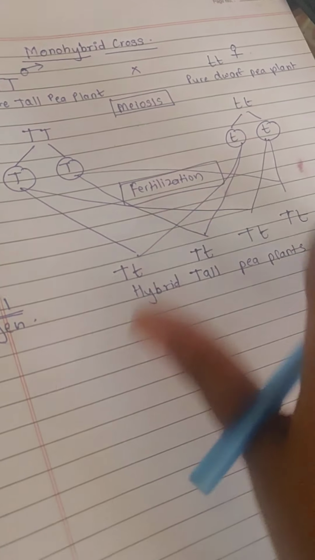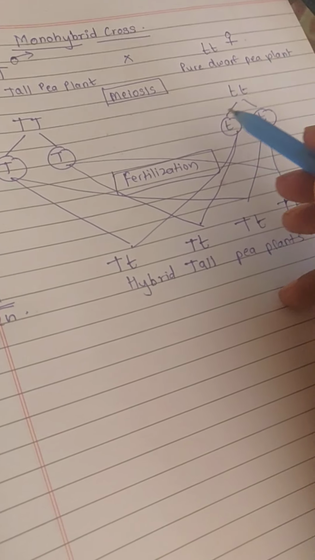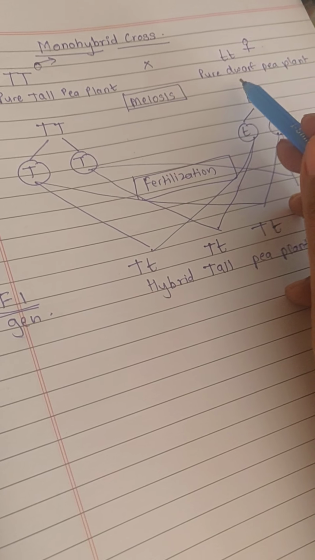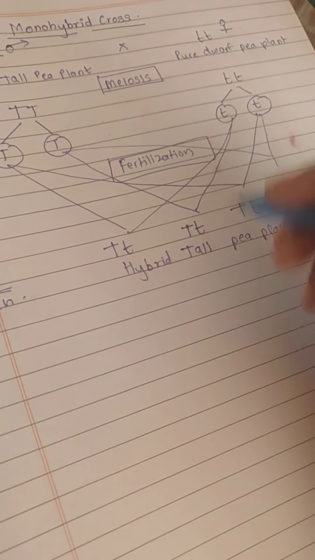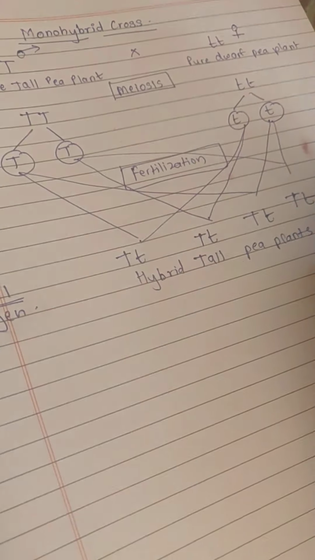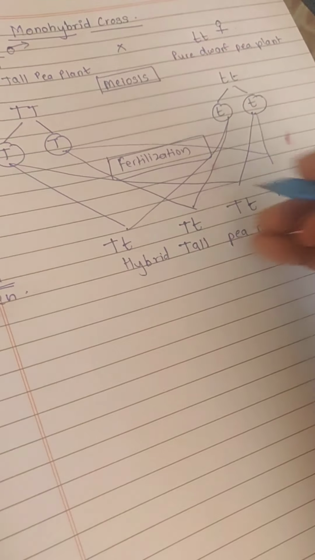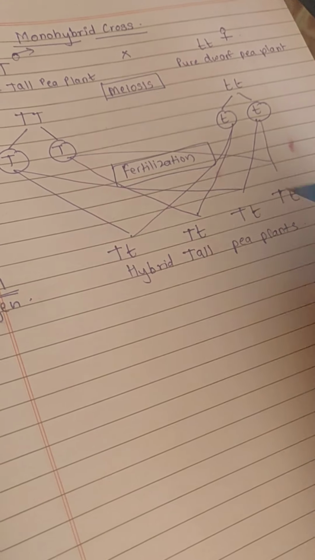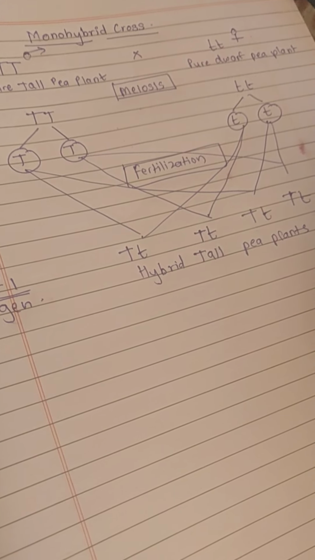Now imagine, Mendel was doing this, right? He cannot see what is inside the genes, etc. For him there was a tall plant, there was a dwarf plant. He crossed them and he was expecting in the results that maybe it will be a mixture of tall and dwarf, or maybe he will get some middle height plants, but that did not happen. Instead of that he got everything as tall.